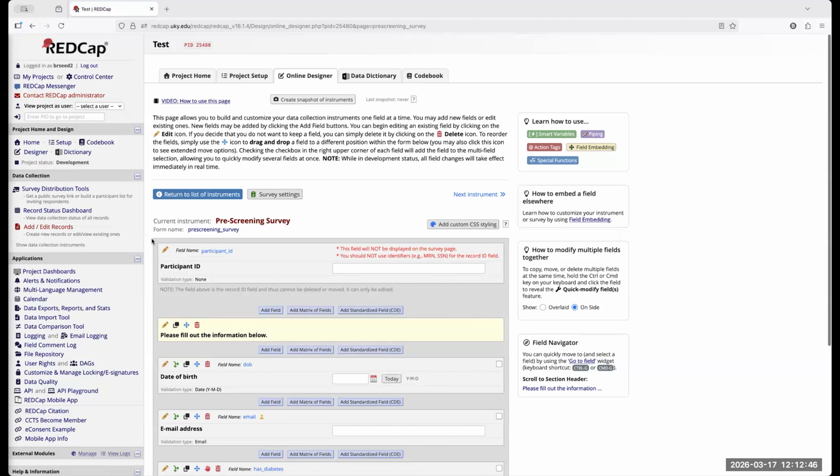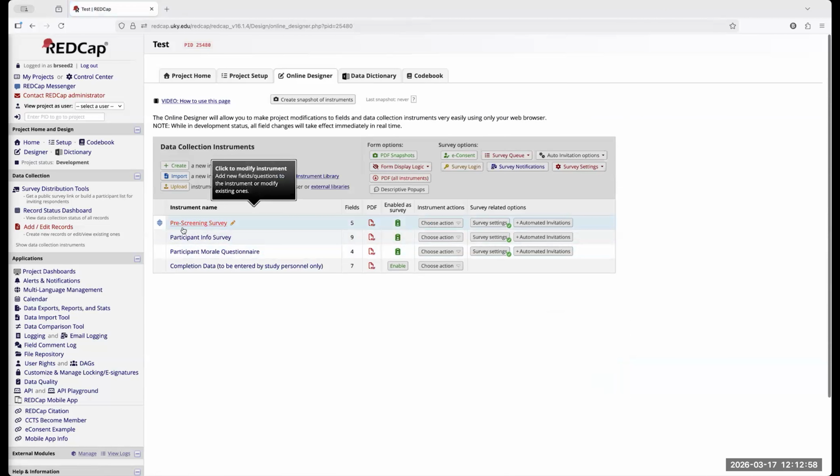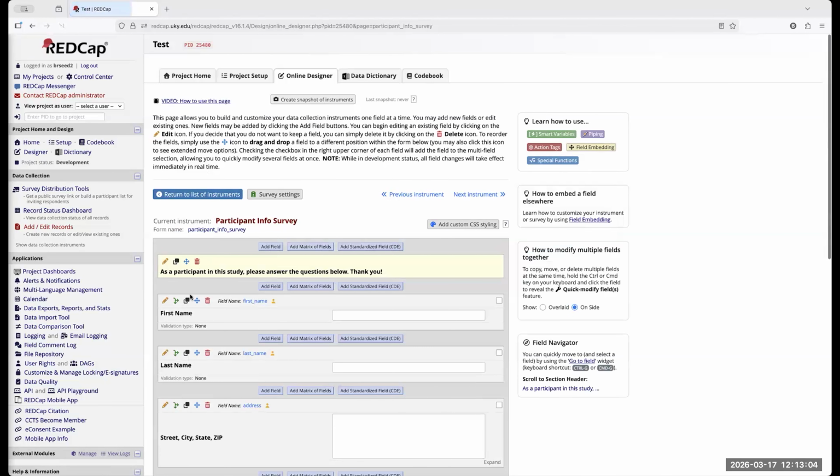Every project has this field here. Either it says participant ID or it says record ID. That only shows up on the very first instrument in your project. It does not show up in the rest of these surveys or instruments.